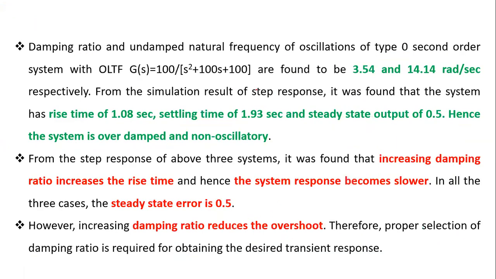And coming to the third case. In the third case, the damping ratio we are getting is 3.54 and omega n is 14.14 radians per second. So here it is an overdamped system. Here also we are not having any oscillations. It is an overdamped system. For this system also we find rise time, settling time, and the steady state output. And if we compare all these three systems,